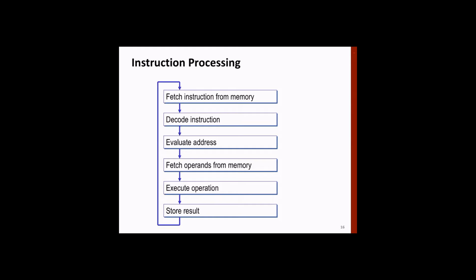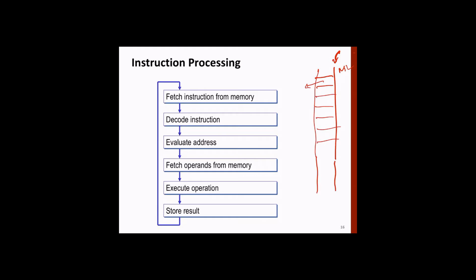Now we have a memory, and this is where the program is. There is a machine instruction program corresponding to whatever C program or Python program you have written. Whatever high level language is always converted into a machine language program. All right, so this is a program. In order to start execution, the first instruction has to be brought in. That's called fetch: fetch the instruction from memory.